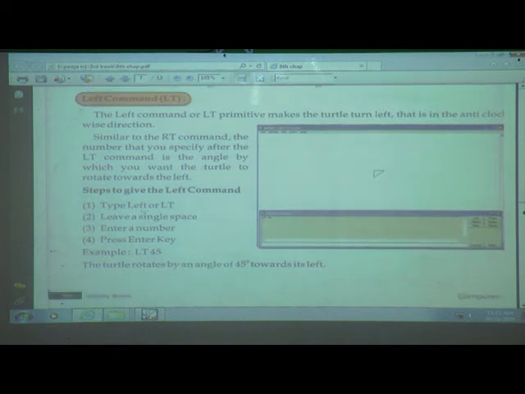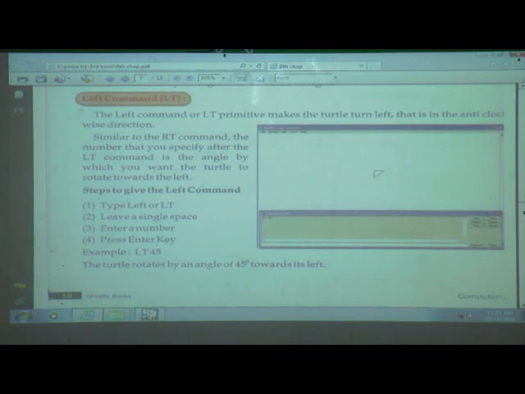Now what are the steps to write LT? Type left or LT, then leave the space. Leaving the space is a very important thing. If you do not leave the space, then we cannot get the desired output. Then enter the number. The number is also very important. And then press the enter key.